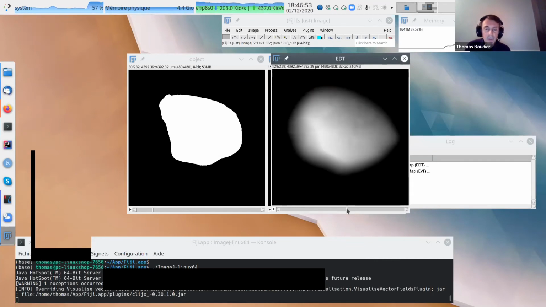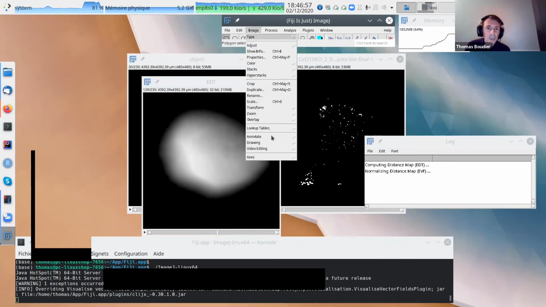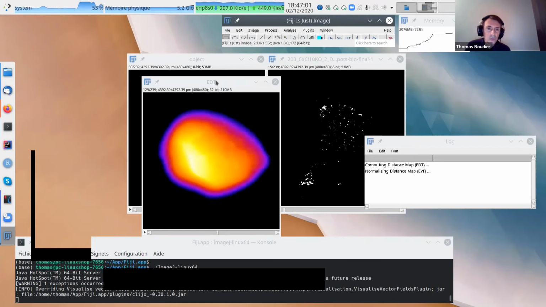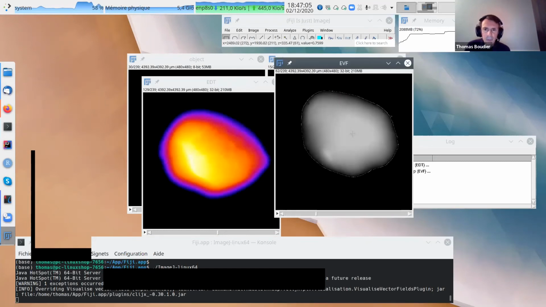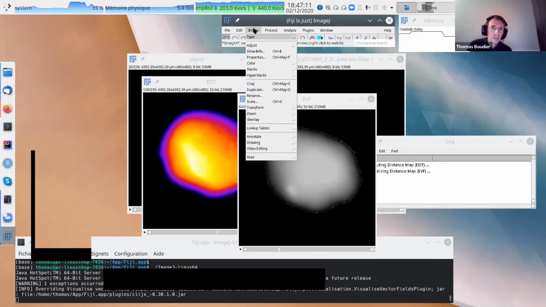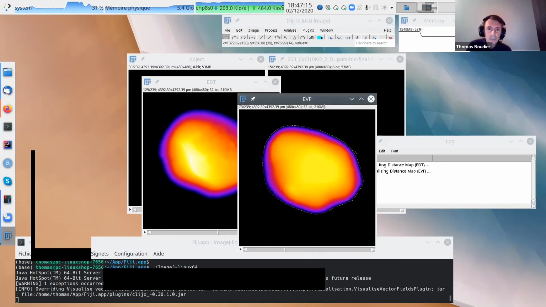So now we have the distance map. Okay, so we know this thing. Image lookup table, Fire, as we are used to do. On the EDT, a bit strange this thing. I need to check again what's happening. Fire.